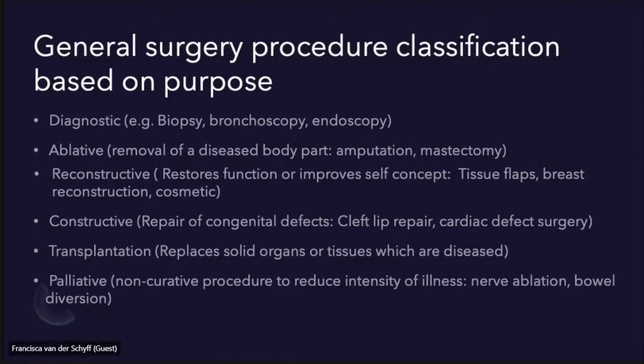Now, what about purpose? Which types of procedures are done based on purpose? You get diagnostic procedures, and that's when we biopsy lesions, we do bronchoscopy, endoscopy, and that's purely not to intervene, but to diagnose. Then you do ablative surgery, and that's when a diseased body part is removed, like a mastectomy or an amputation. And then you get reconstructive surgery, and that is when you restore function and form to improve health. For example, tissue flaps for patients that lost a large amount of soft tissue coverage for complicated fractures and so forth, or burns, or breast reconstruction after surgery for a malignancy,